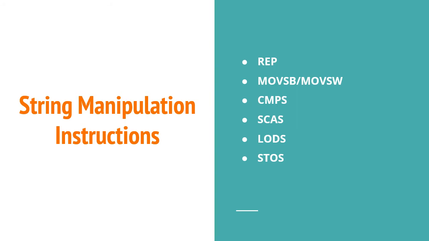For example, a string of characters may be located in consecutive memory locations where each character is represented by its corresponding ASCII equivalent. Now, in order to refer to a string, there are two parameters that are needed. The first one is the starting or the end address of the string, that is the starting or the end memory location, and the second thing is the length of the string. The length of the string is usually stored as a counter value in the CX register.